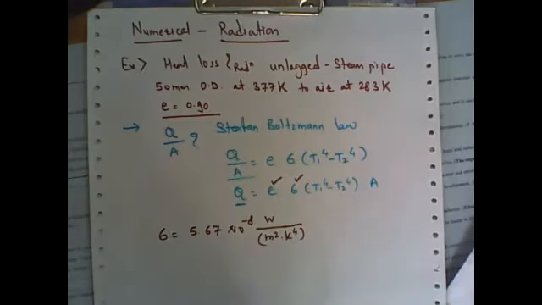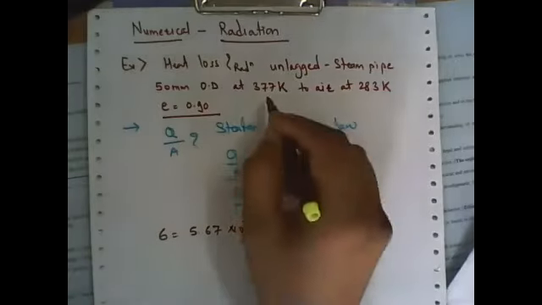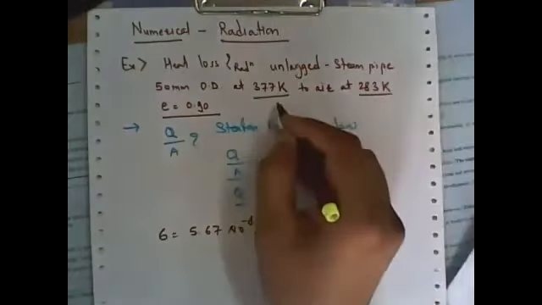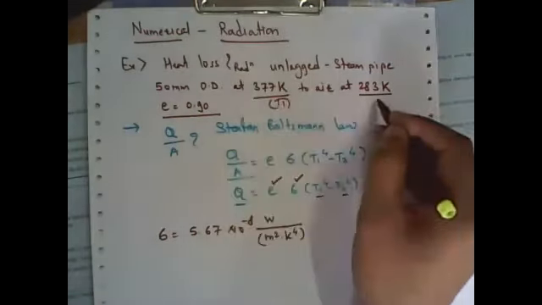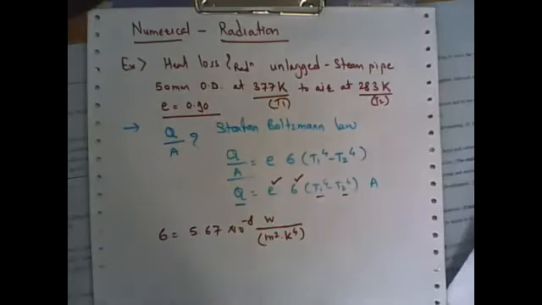So we must assume this sigma. Then T1 and T2, we already know: this is the value of T1 and this is the value of T2, the initial and final temperatures. If we assume the area as 1 meter square, that is unit,